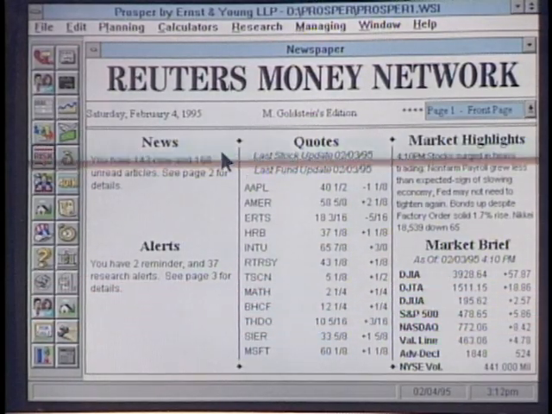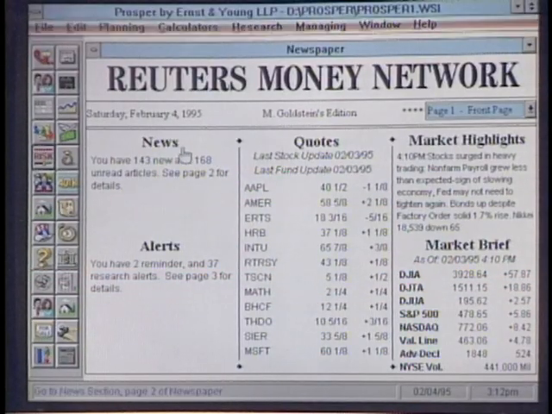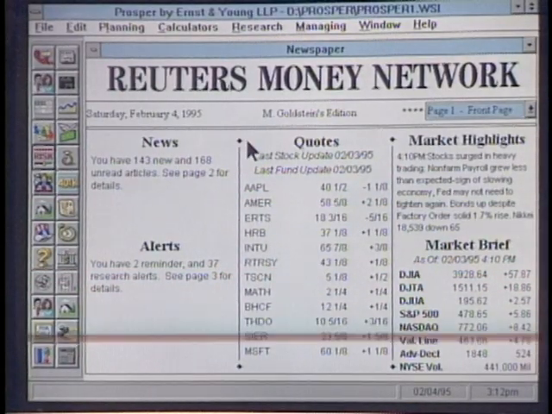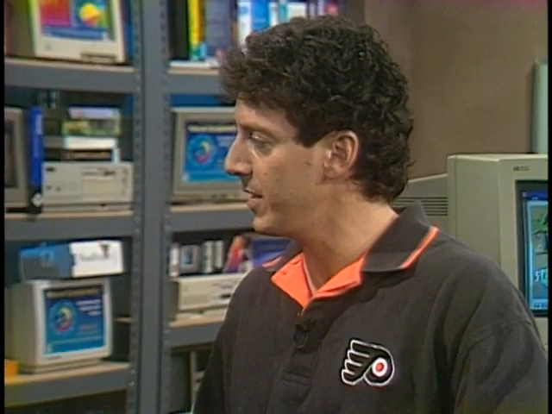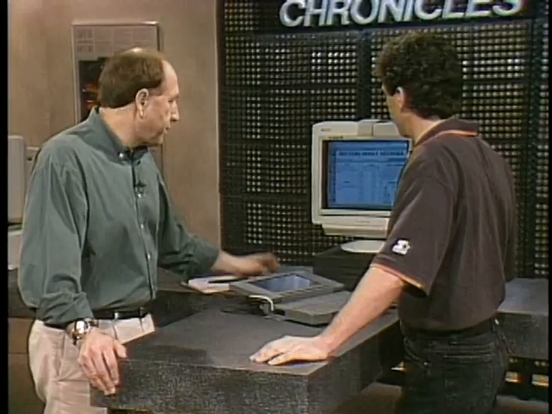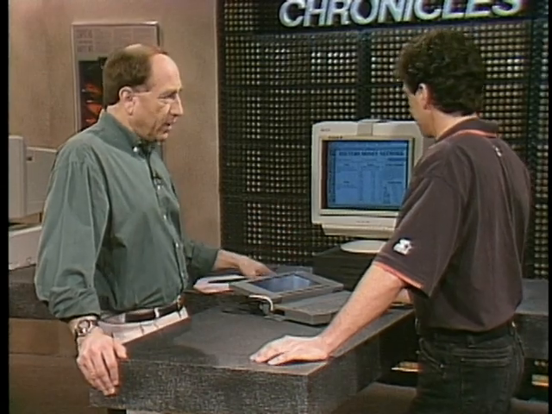But this screen we're looking at right now, this is kind of a personalized financial newspaper for me? Right. What ends up happening is it acts as an agent. It understands who you are and what you're looking for in your life, and from there, it just goes out and fetches the information you might be interested in. So it's pulling news stories relevant to what I own, what I'm interested in. Right. The quotes of the stocks I own or I'm interested in, et cetera.